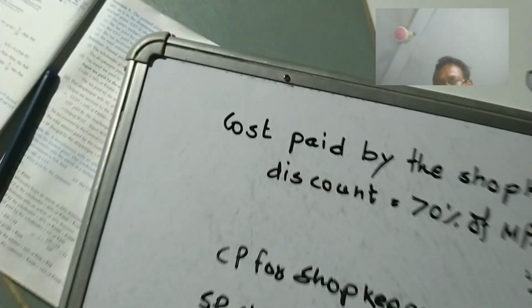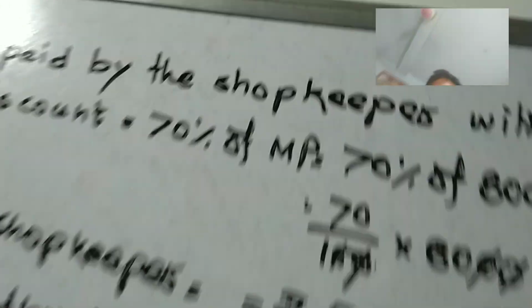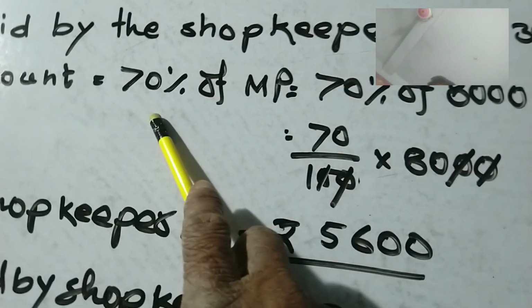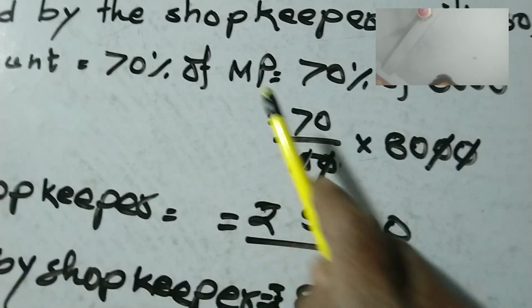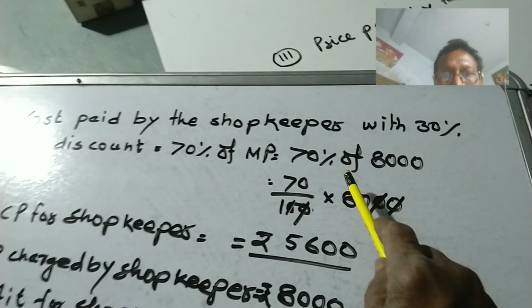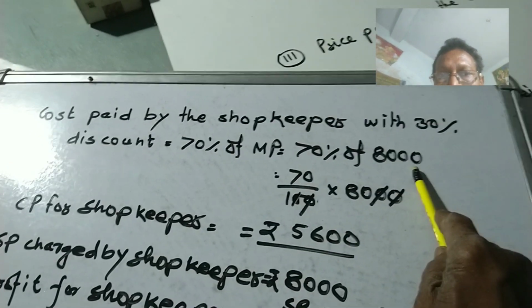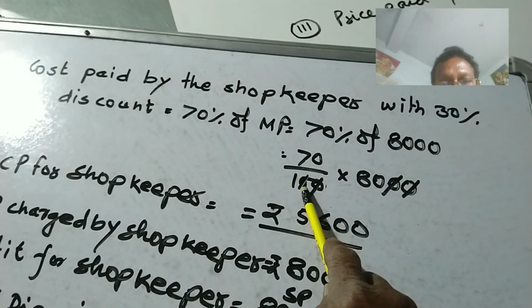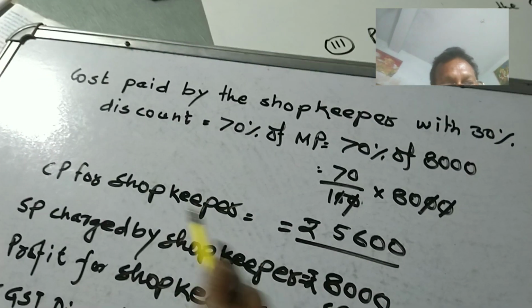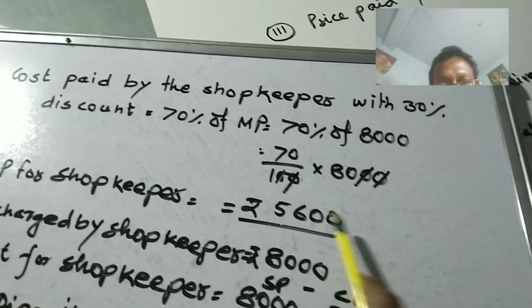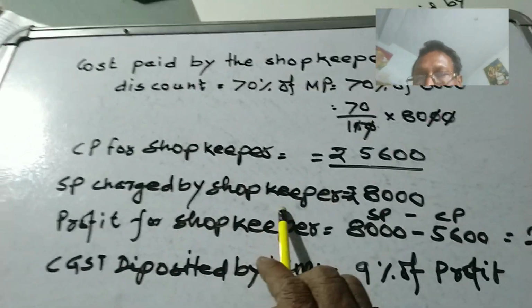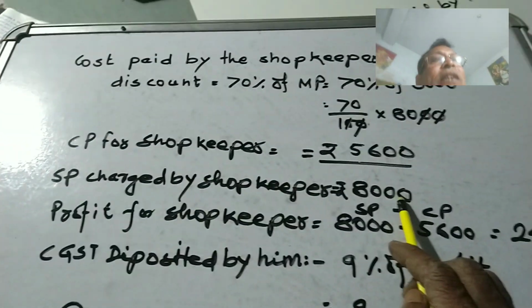Here, the cost paid by the shopkeeper with 30% discount is equal to 70% of the MP, and MP is given as 8,000. So 70% of 8,000 is 70 by 100 into 8,000, which will be rupees 5,600. Next, SP charged by the shopkeeper is rupees 8,000,